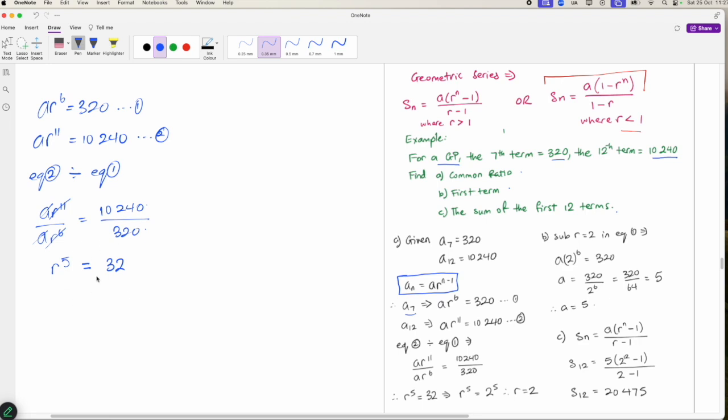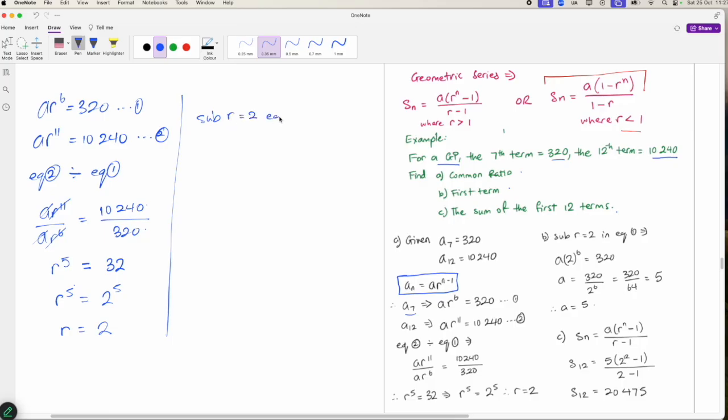We could take the 5th root of 32, or we could recognize that 32 is 2 to the power of 5. And so if r to the 5 is 2 to the 5, then r will have to be 2. And now I can sub r is 2